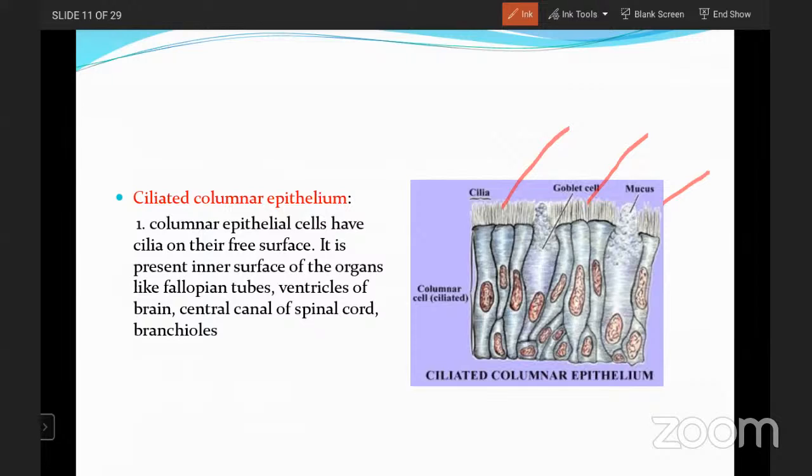So where we observe this type of ciliated columnar epithelium: it is present on the inner surface of organs like fallopian tubes, ventricles of brain, central canal of spinal cord, and bronchioles. So all these are the regions where we observe the ciliated columnar epithelium. So this is about the ciliated columnar epithelium. Okay. Now